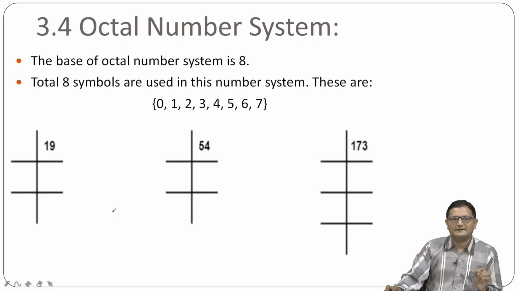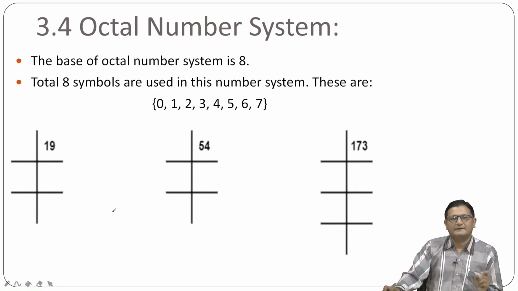And due to that reason the base of the octal number system is 8. Now suppose several numbers are given, for example 19, 54, and 173, and suppose you want to convert these numbers into the octal format. So what you need to do is